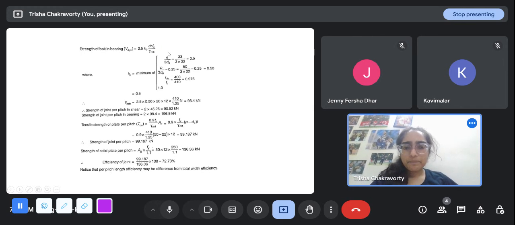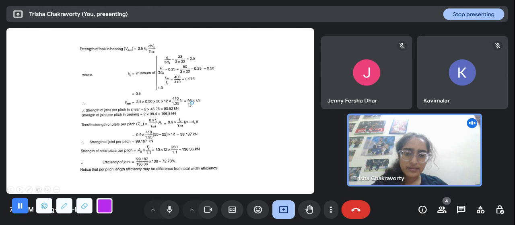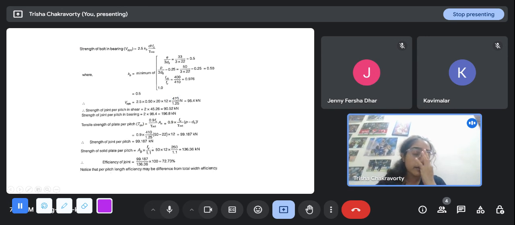And this is how, with the edge distance and pitch, we calculate the k_b. And the bearing strength, putting in this formula, is just like last time. You will see this is the diameter of the bolt, this is the thickness of the plate, 410 is the ultimate tensile strength of the plate, and 1.25 is the factor of safety. It is 98.4. So the strength of joint,